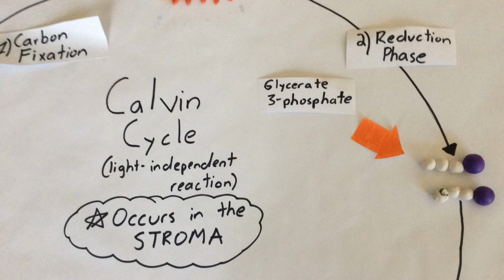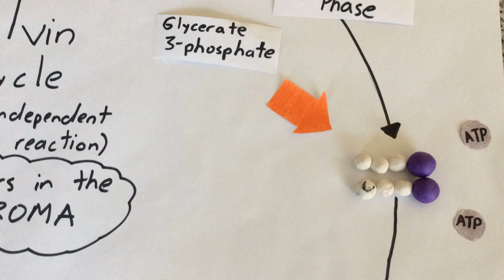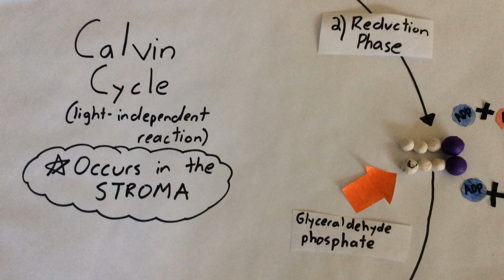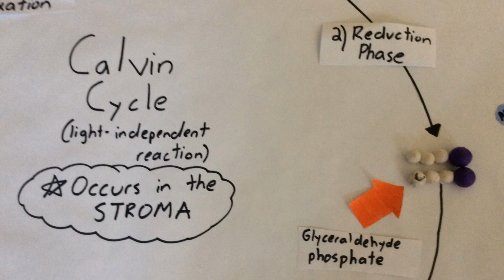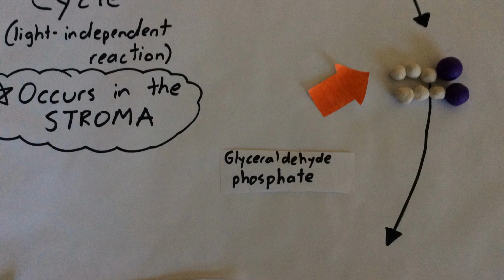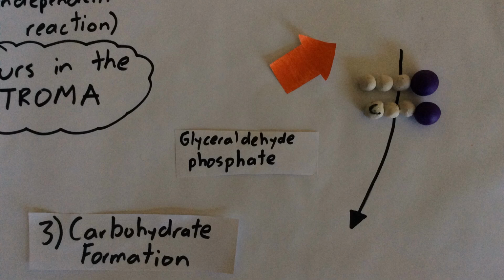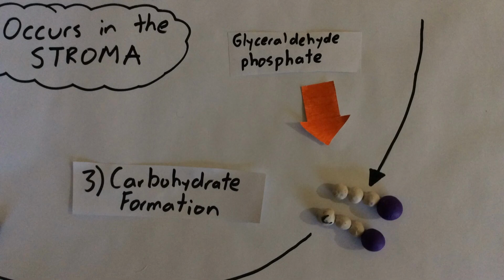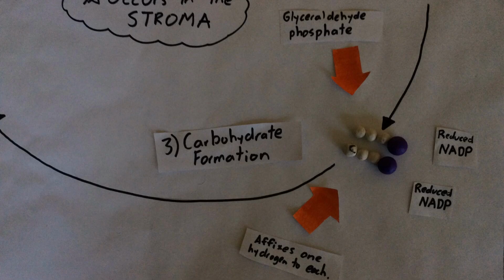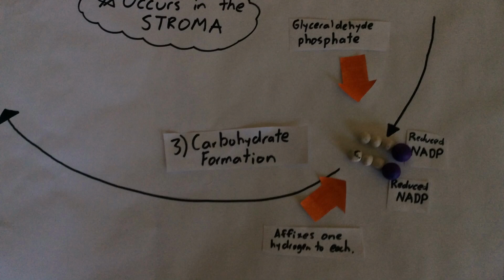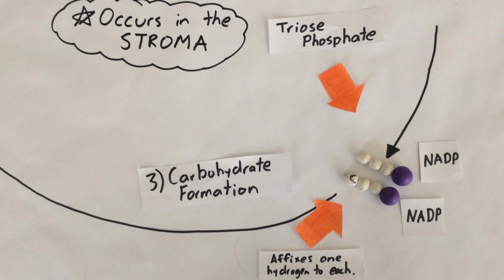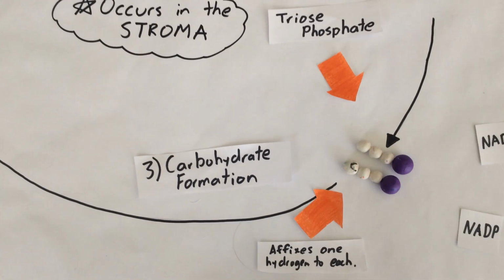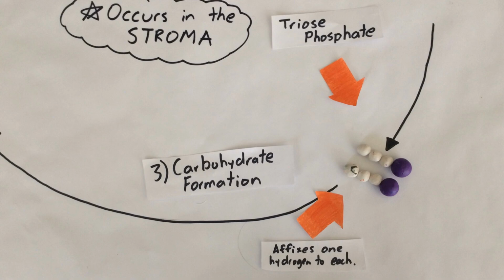ATP then comes and converts into glyceraldehyde 3-phosphate, and ATP turns to ADP plus a phosphate group. The next stage is that the glyceraldehyde 3-phosphate involves the reduced NADP, which is a result of the light-dependent reaction. This converts it into triose phosphate and releases NADP. So far, 2 ATPs have been used, as well as 2 reduced NADPs, as well as resulted in 2 triose